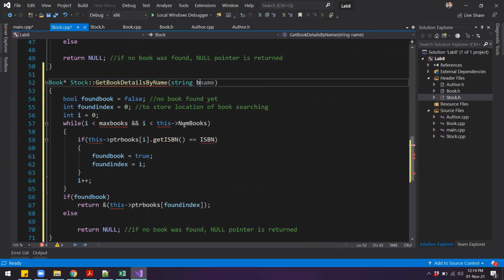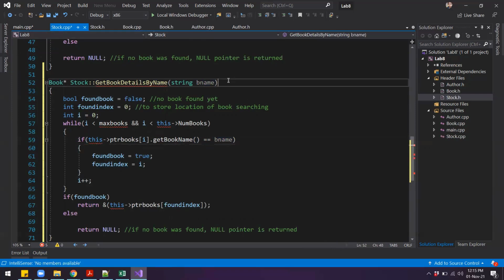We can say book name or b name. So inside the function we have to go over all the books, and in here we just have to get the name of the book using the getter function. So I can say dot get book name, and right now you will see that we are getting some errors, and that is because this function is not defined or declared in the stock header file.